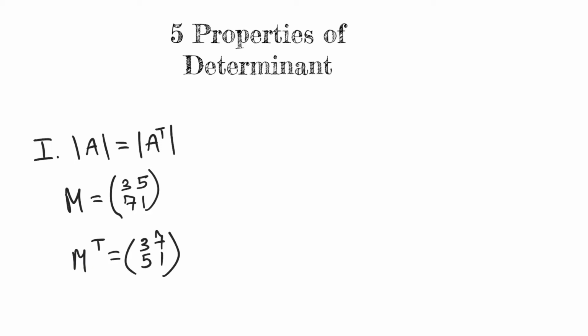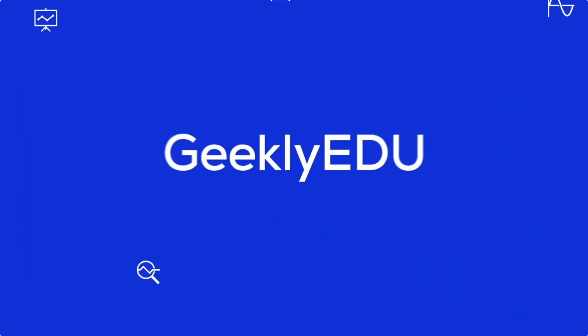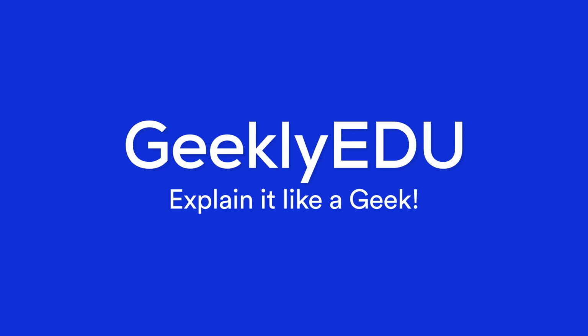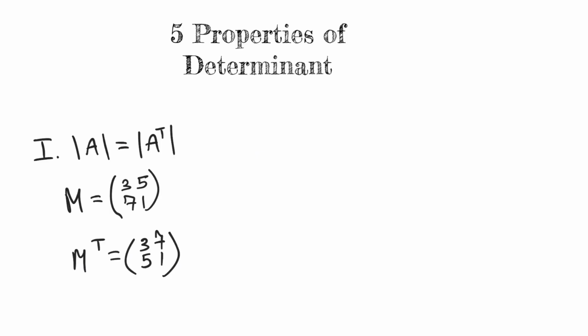In this video, we're going to take a look at some very interesting properties of the determinant. And the first property we have is that the determinant of the transpose of a matrix equals the determinant